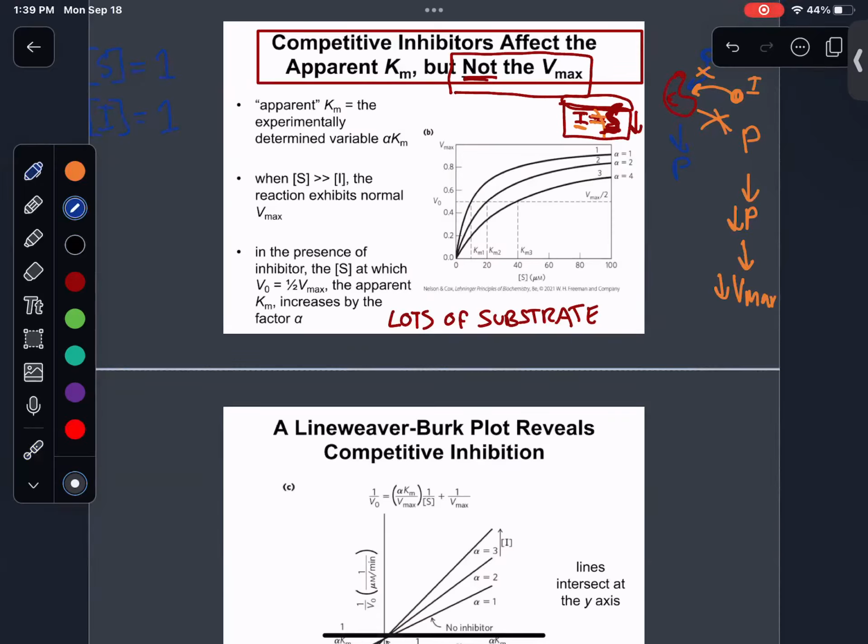You'll always start with the same ingredients, but the whole point of a competitive inhibitor is we're adding it into the system so that we can lower the product. We want to lower the amount of product being formed. So if you do add more inhibitor, then you're going to have a lower Vmax. If you add more substrate, you can bring the Vmax back up. Does that make sense?